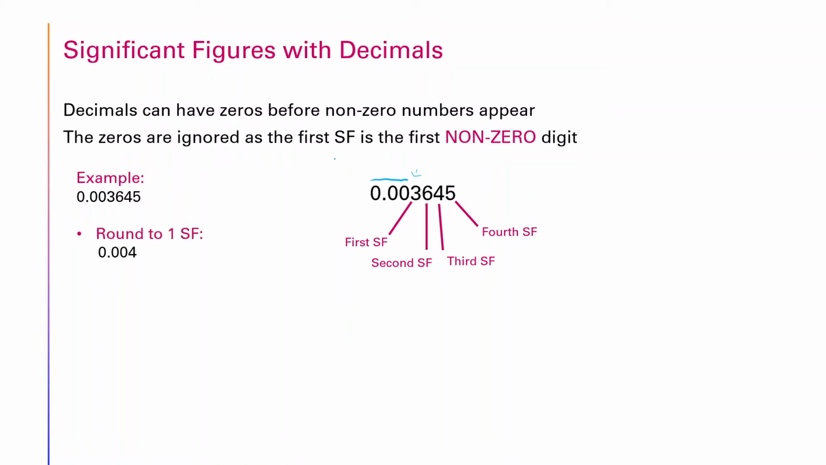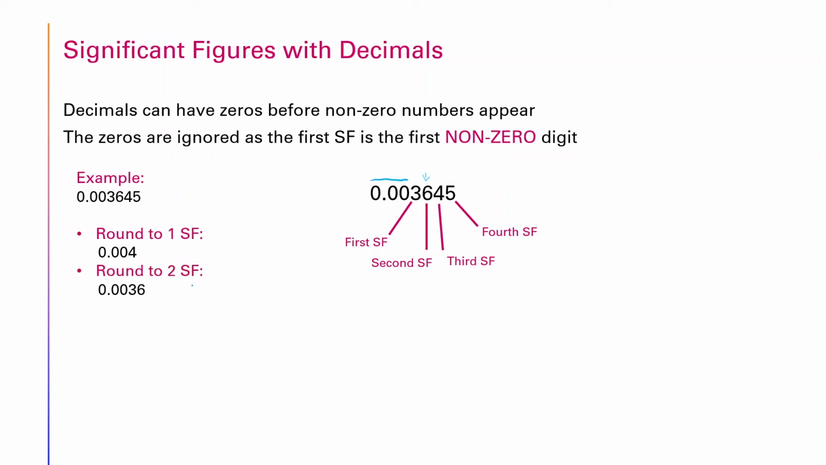Now if we were rounding to the first significant figure, 3 is the number we would be changing. The number to the right of 3 is a 6, and we know that numbers 5 to 9 are rounded up. So 3 is rounded up to a 4. Now if we were rounding to second significant figure, 6 is the number we would be changing. The number to the right of 6 is a 4, and we know that numbers 0 to 4 are rounded down. So our answer would be